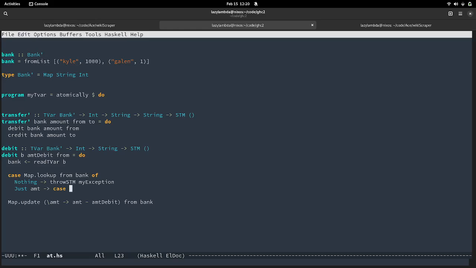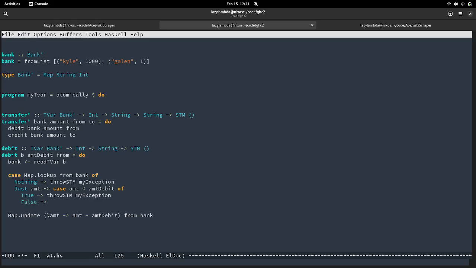We're going to say case the amount is less than the amount we are looking to take away from it, of true, then this is going to be an error because we are trying to debit more than we actually have, and so we're going to throw my exception, and we could have better exceptions there.